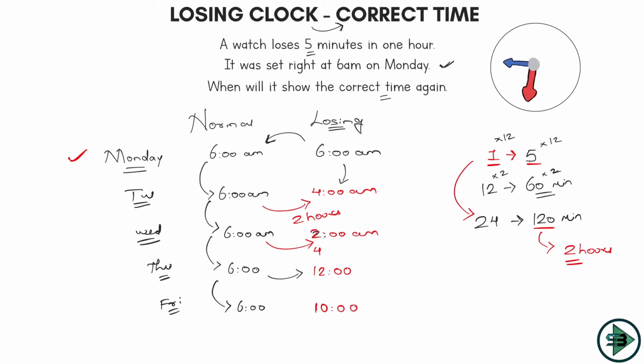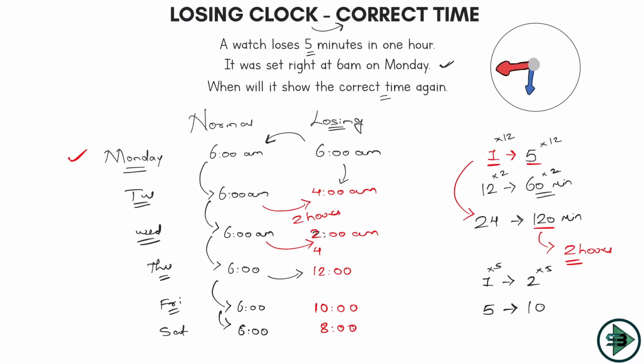Right? Now let's take a Saturday. What will happen at Saturday? 6. It will lose by what now? We had come to how many days now? This is 4 hours. This is 6 hours. This is 8 hours. Now it will lose 10 hours. Okay, 10 hours in how many days? So in one day it loses 2 hours. Okay, in 5 days it lost 2 into 5, 10 hours. So that's what I'm saying. In 5 days, starting from Monday, today is Saturday, it lost 10 hours. So if it lost 10 hours, it is showing here now 8.